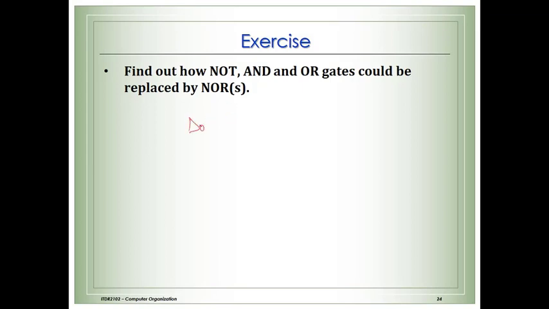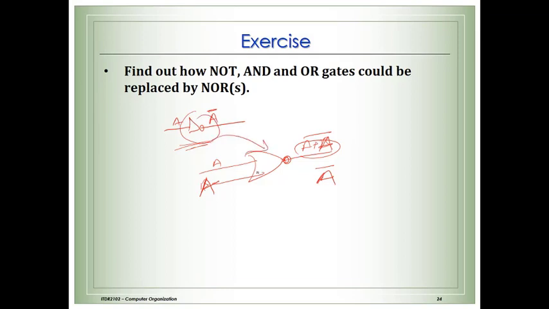For example, here this is A naught, right? So how can we represent it by using a NOR gate? This is our NOR gate, right? If the inputs are A and B, it gives (A or B) whole not, correct? But if we replace both inputs with A, here we will get (A or A) whole not, which reduces to A only. A or A will be A, and so we get A naught. It means that one NOT is equivalent to one NOR.